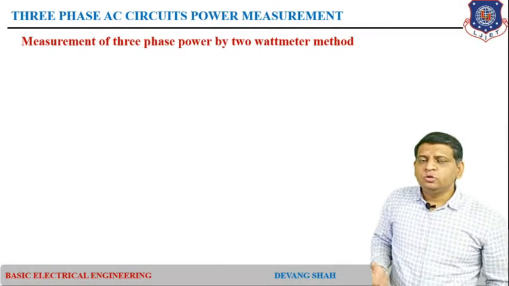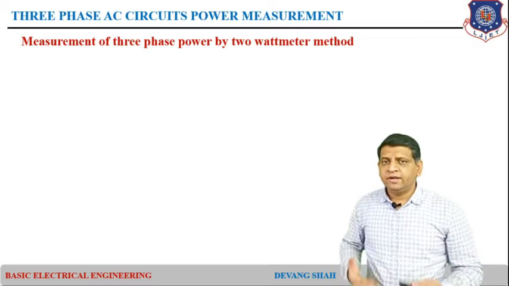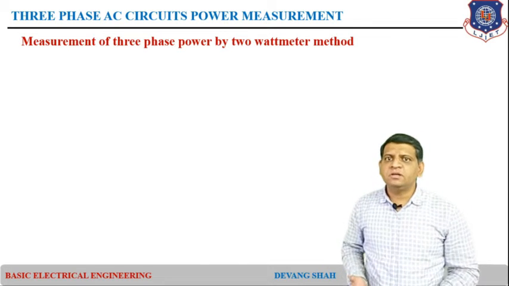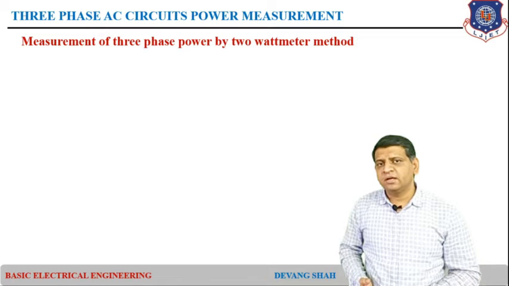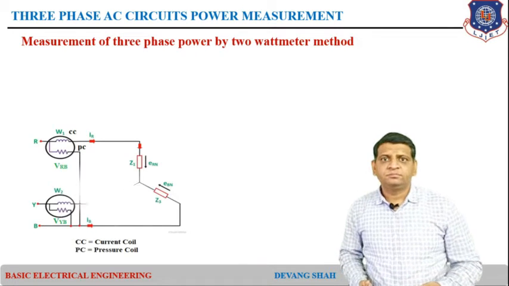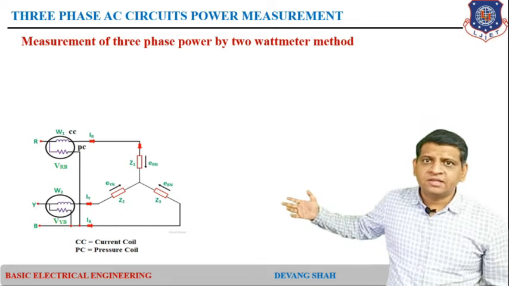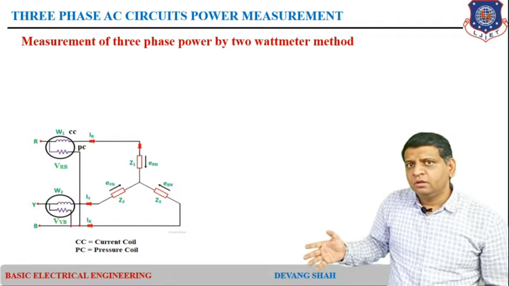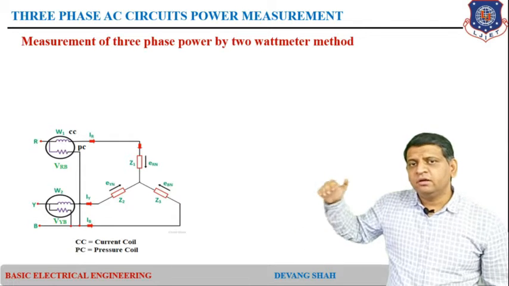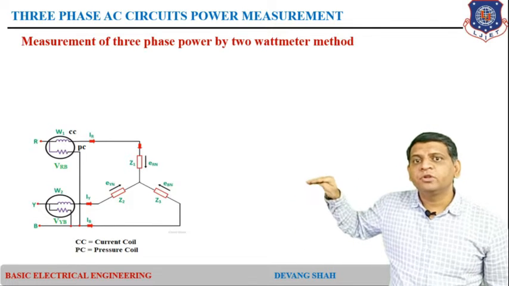Right. But my job is to look for the 2 wattmeter method, where only 2 wattmeters are connected in a 3 phase star connected load. You can see here where the 2 wattmeters are connected. Now, what is the difference between the 3 wattmeter method and the 2 wattmeter method? In the 3 wattmeter method, we have connected a common connection, which is called a neutral line.